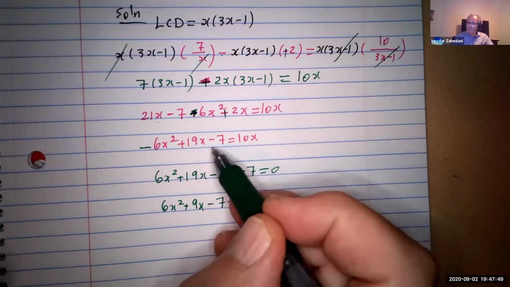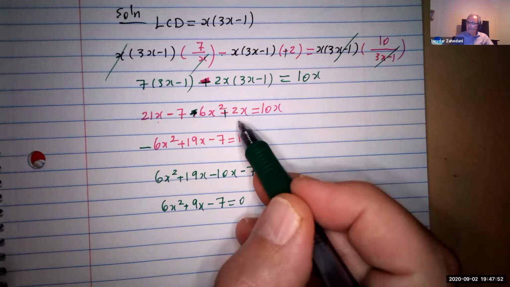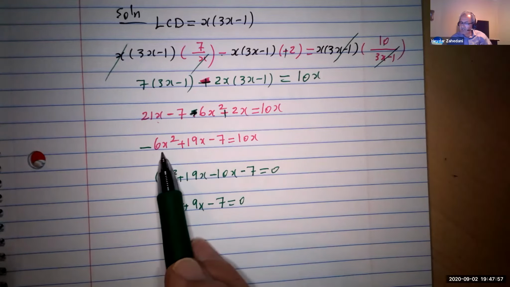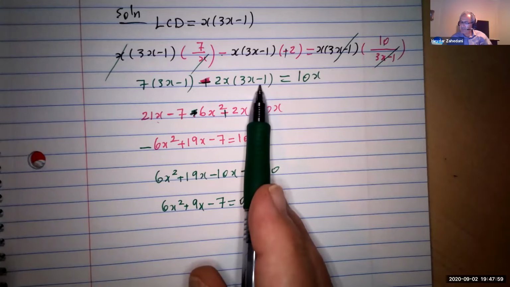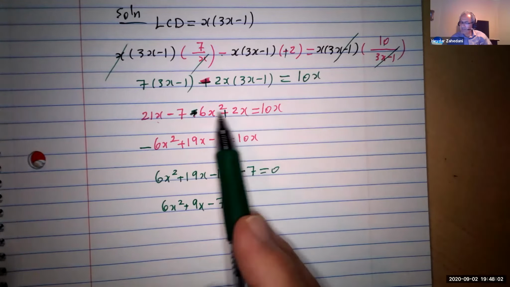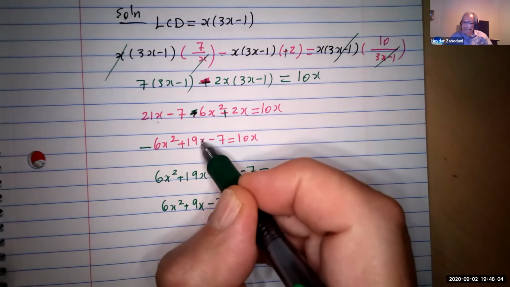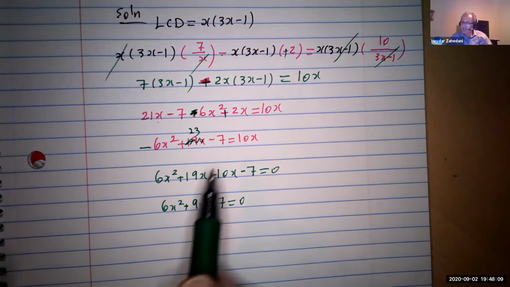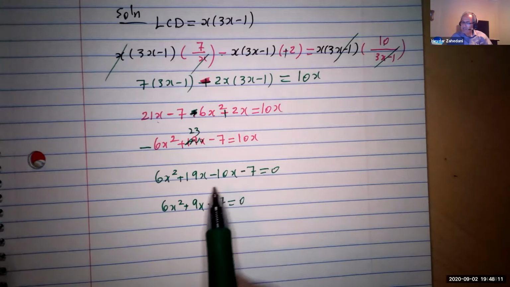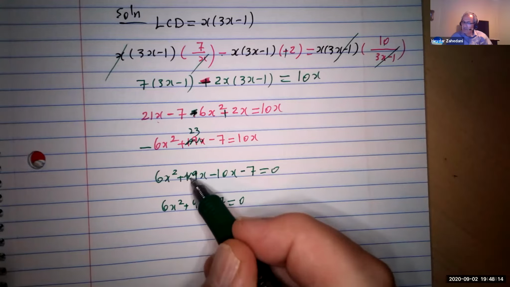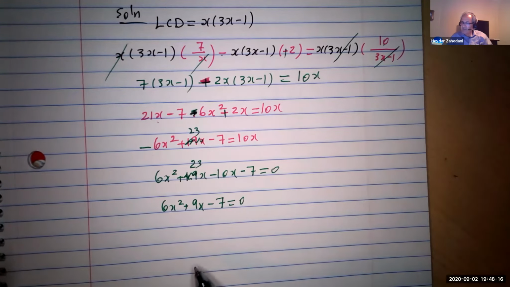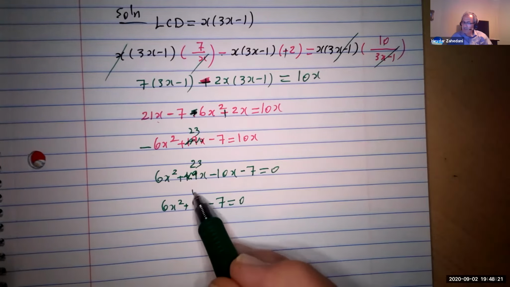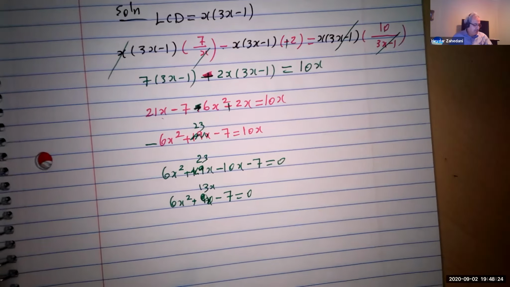Okay, so it's going to be 23, and so that's a negative 6x squared, negative 6x squared. So I have a positive 2, negative positive. So that gives me 23. I rewrite it: 23x, okay, minus 7. So what is going to be next? This is going to be 23. So I would get what I should. That gives you 13. Thank you. 13x, okay, so